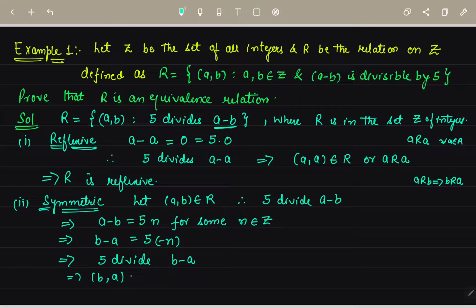तो यहाँ से हमने क्या शो कर दिया कि जो बी माइनस ए और वी कैन से ऑर्डर्ड पेयर बी ए है वो किसको बिलोंग कर रहा है, आर को। सो अगर ए बी को रिलेट कर रहा है, इंप्लाई कर रहा है बी ए को रिलेट कर रहा है, सो यहाँ से क्या आ गया, सिमेट्रिक आ गया। सो आर इज सिमेट्रिक as A is related to B implies B is related to A। so ये हमारे पास शो हो गया सिमेट्रिक।